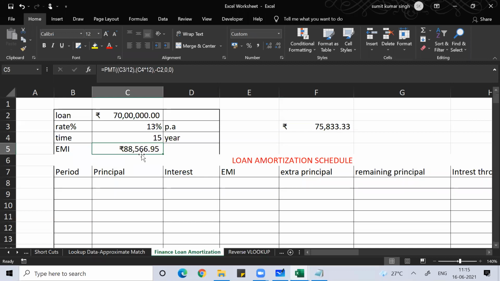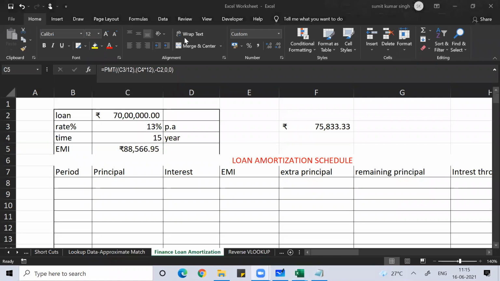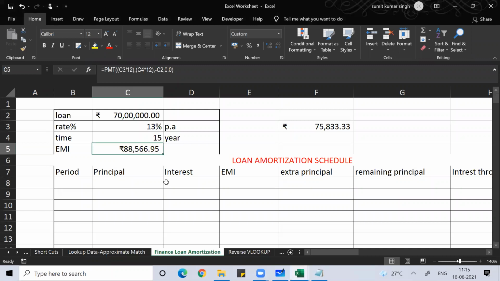Tell me if I'm asking anything wrong. If you are charging 70 lakh rupees loan, your rate of interest is 13% per annum, then your interest should be around 75,000. Why are you telling me to pay an EMI of 88,000 rupees to you? That is my question. Are you getting it? So how can we justify that figure, guys? For that, you need to draw a very simple thing called a loan amortization schedule.